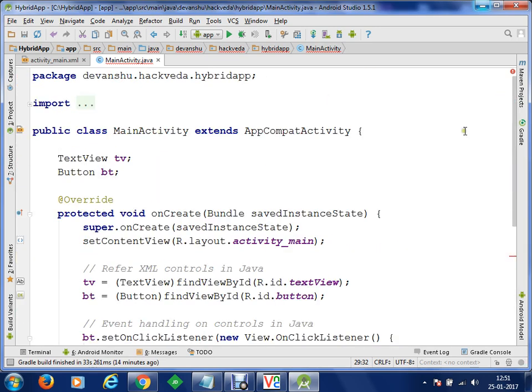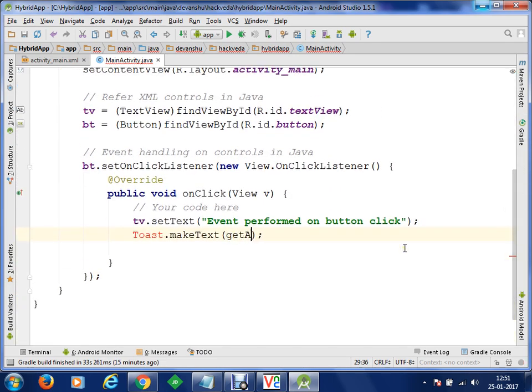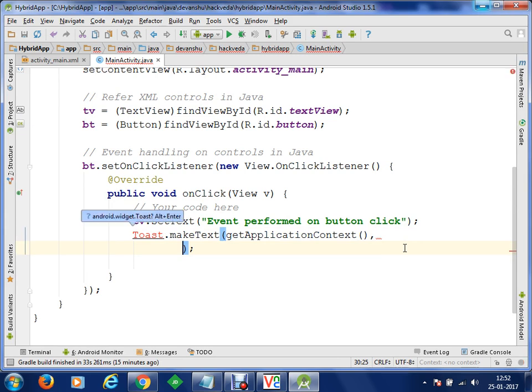So there is a method known as getApplicationContext, which you can execute from anywhere. It gives you the application context which is currently active, which means the currently active activity.